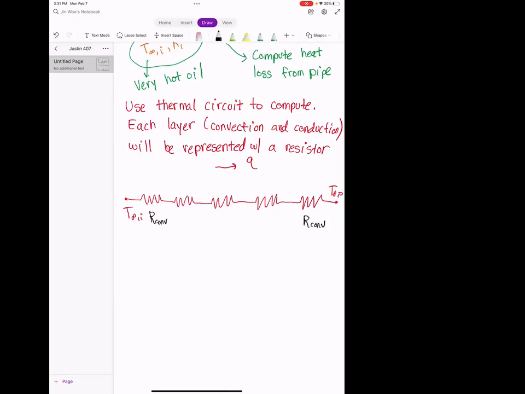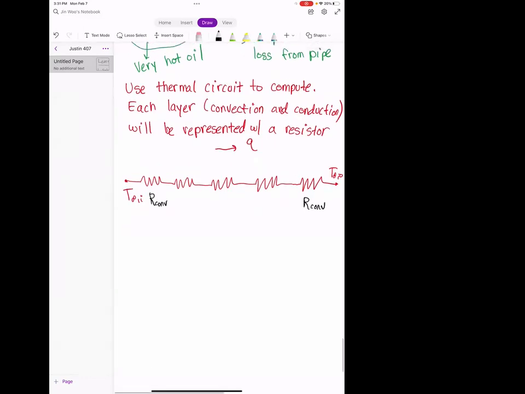Okay. And so we know the first and last resistors here are going to be convection resistances because those are resistances that are connected to the airflow. Okay. Whereas the 3 middle resistors correspond to the 3 insulation layers of the material, and so those will be conduction resistances. Okay, all right. So let's actually write out what these expressions are.